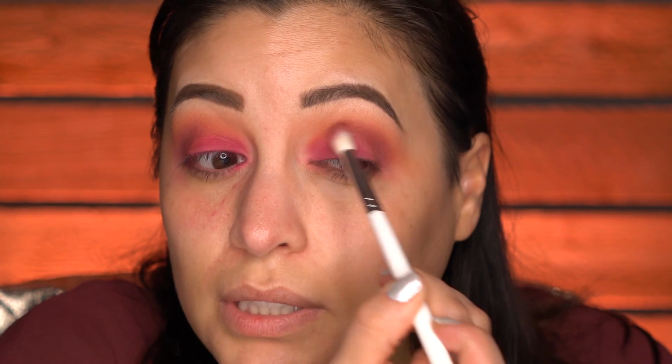That's a really pretty shade and it's blending really well. That color is beautiful. It's not turning muddy. It's staying true to its purpley tones. Now moving on to the face, I'm going to use the Cover FX Natural Finish Foundation, and my color is